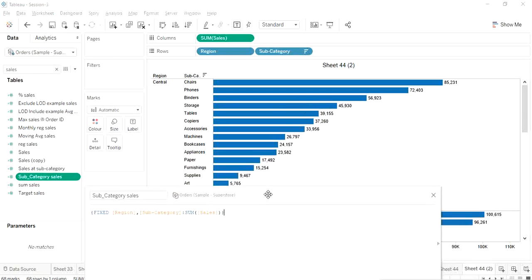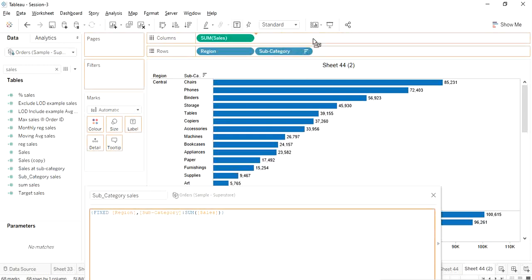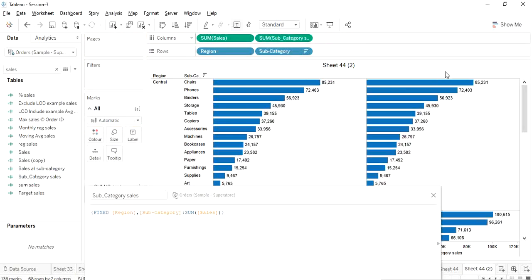So what you have here on the view is region and subcategory. Inside each region and in the corresponding region, for all the subcategories, you are aggregating the sum of sales. And what you are seeing on the view, the same thing we have defined by LOD functions. If I bring this here, you will see the same number. It will not do any change. We have the same number. If I bring anything on this view, for example, let's say profitable,